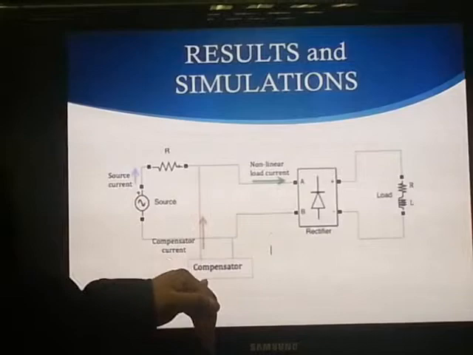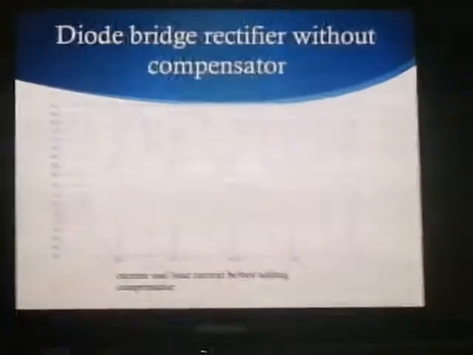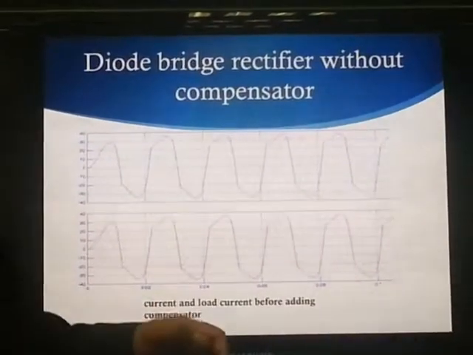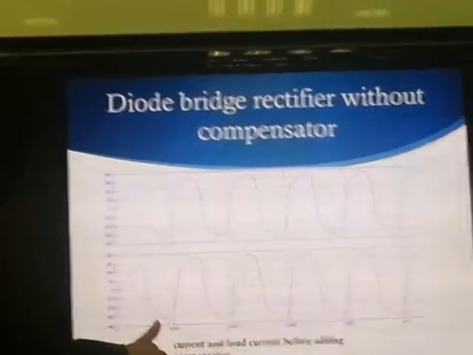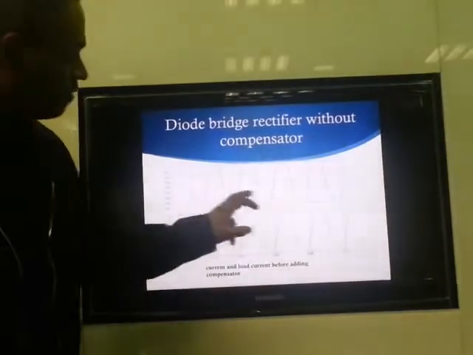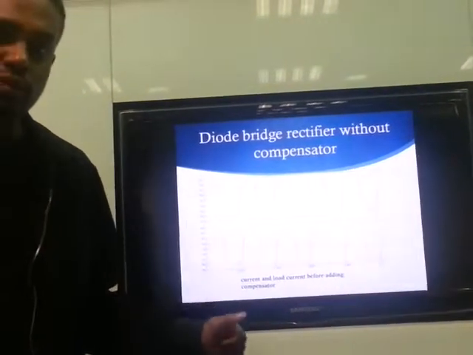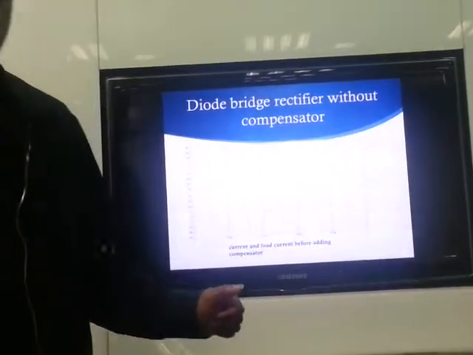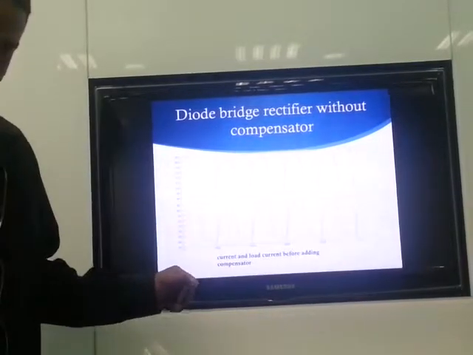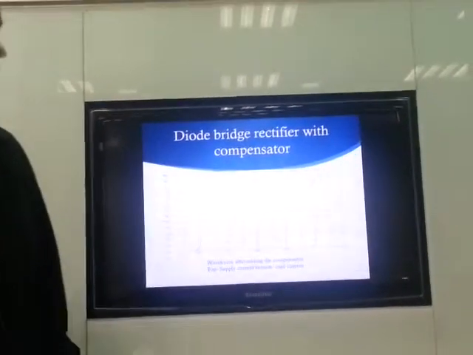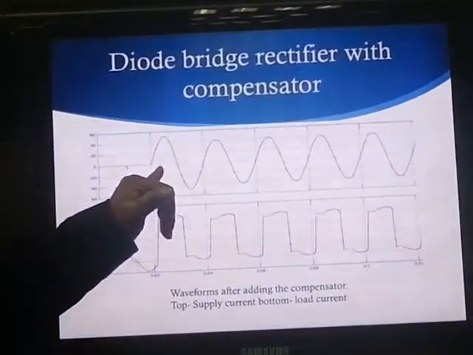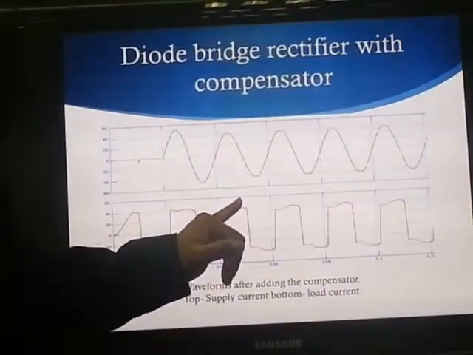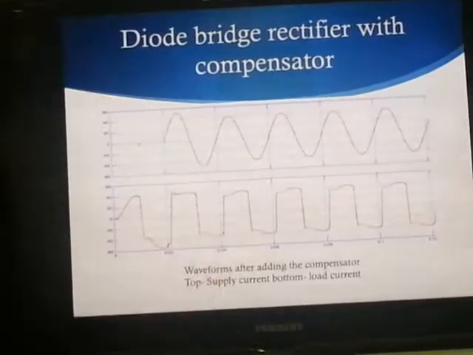When this was implemented on MATLAB, without the compensator, the supply current and the load current waveforms were exactly the same because it was in series. However, when the compensator was connected, the supply current was turned into sinusoidal and the load current remained the